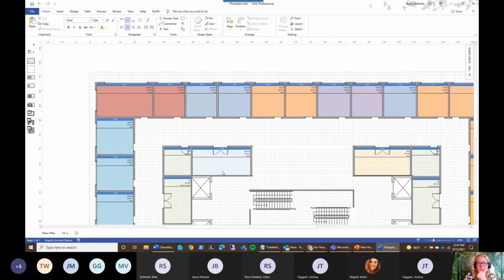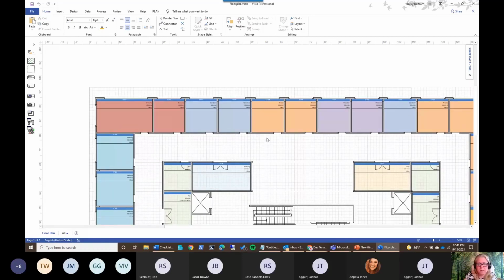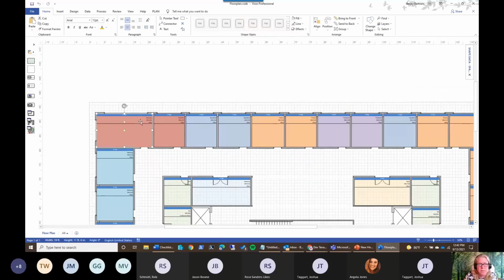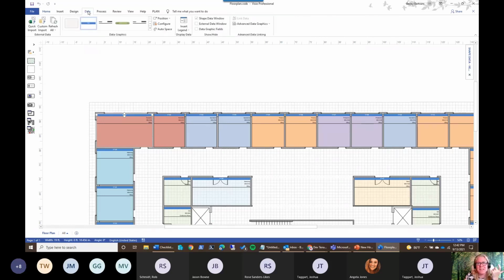So I just used the out-of-the-box Visio. I just went to the templates and used one of these. And I will say that, again, I didn't set up their Visio files. Setting up office floor plans is sort of beyond my pay grade. It's pretty complex. But the key thing to know is when you're dealing with data sources, and you've got all this shape data and everything like that,